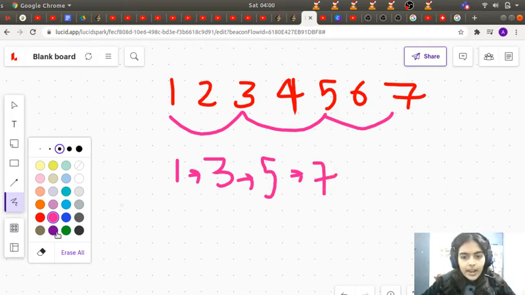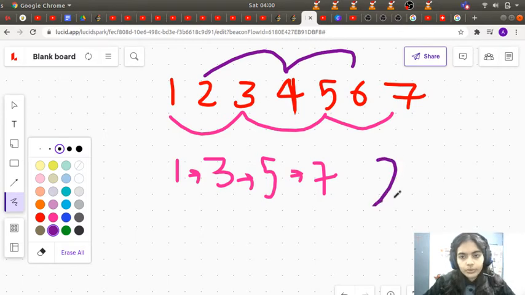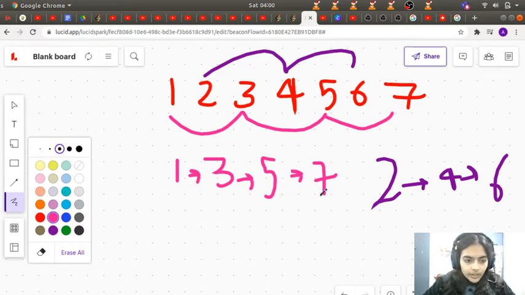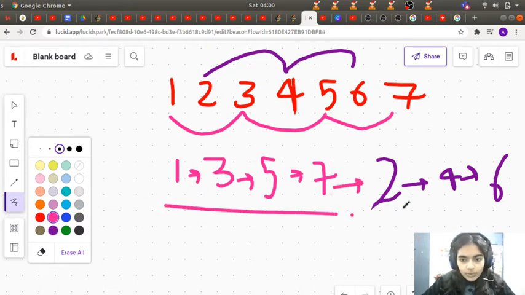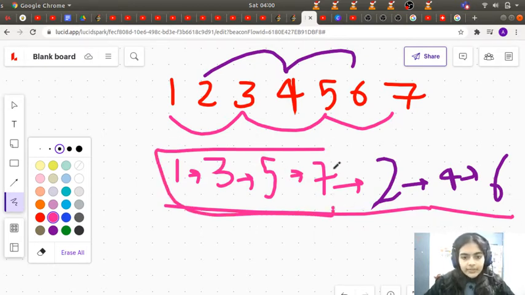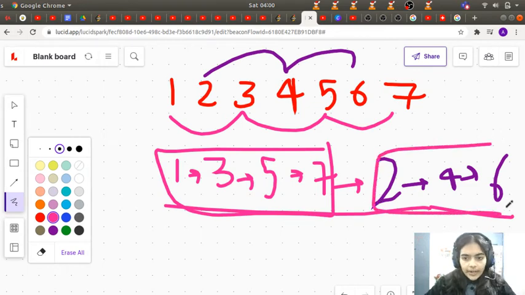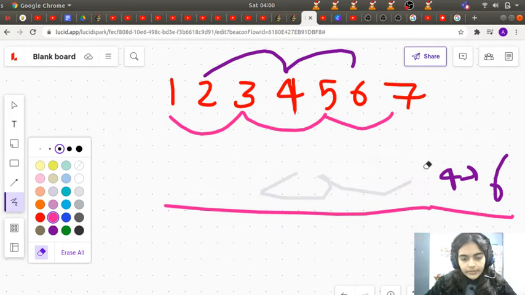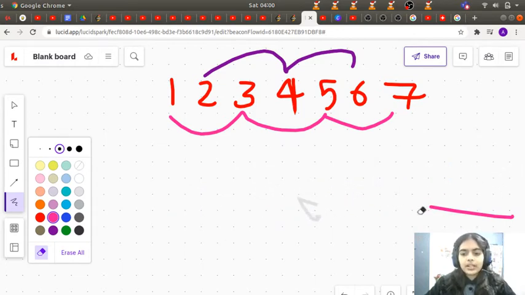And we will also have to make another linked list such that 2 is pointing to 4, 4 is pointing to 6, and then we will have to attach these two linked lists together. So then 7 should be pointing to 2, and we will have to return this linked list. Of course 6 is pointing to null. So our strategy will be to split into two linked lists, odd and even, and then attach these two linked lists. So that is how we will be able to achieve a simple solution.